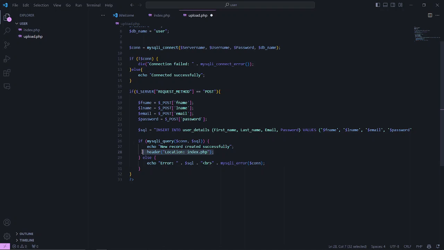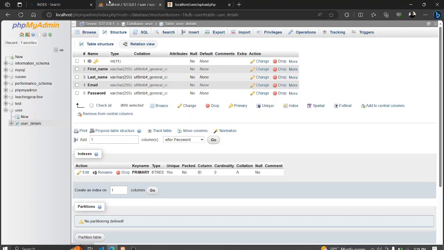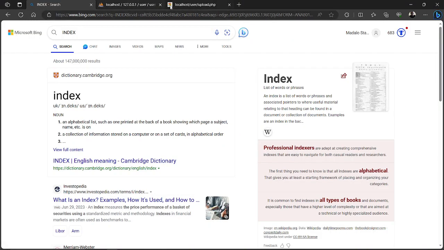But that's not what we want to do. So we're going to delete that for now. We don't need that. And then if it has not executed properly, we are going to echo error after that. So after the query has executed properly, I think this should indeed work. So let us now try and